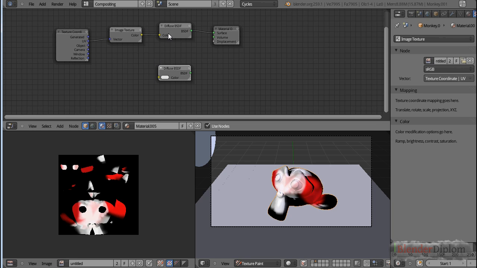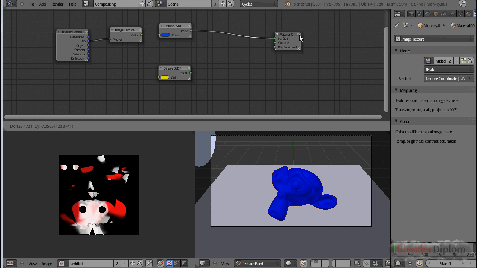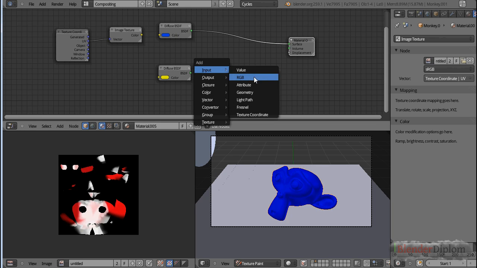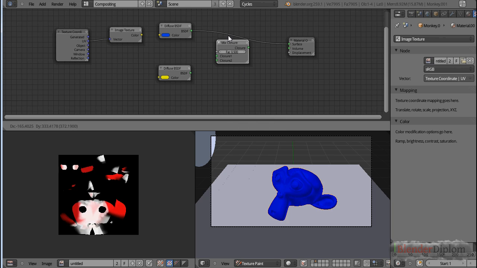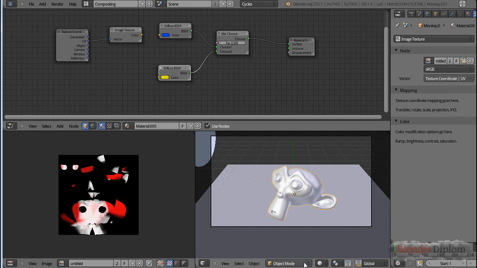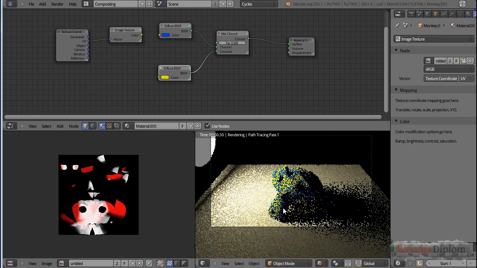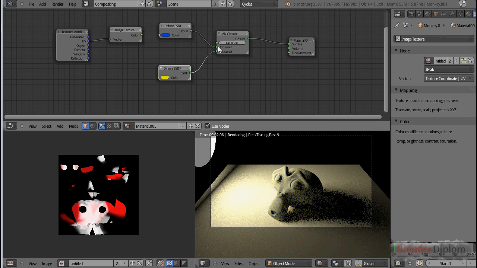And this time I'm not going to use the texture as a color input, but I'm going to mix those two materials together. And if I now select closure is basically material, I'm going to select a mix closure and mix the two materials together. So if I go to rendered view now, we should see a half blue and yellow monkey,